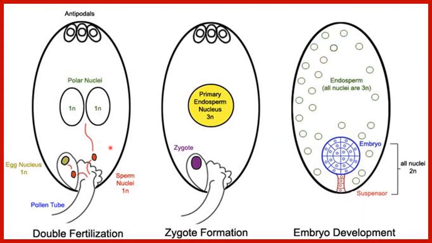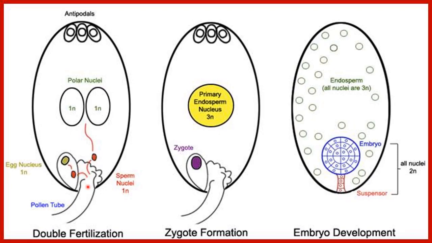Now you can see here, you will better understand the double fertilization process and the embryo development. See here, this is the pollen tube entering inside the embryo sac. After the pollen grain has reached the stigma, the pollen tube arises and enters inside the embryo sac. Now this pollen tube is discharging its contents. What are the contents? The two male gametes are present here. These red colored structures are the two male gametes.